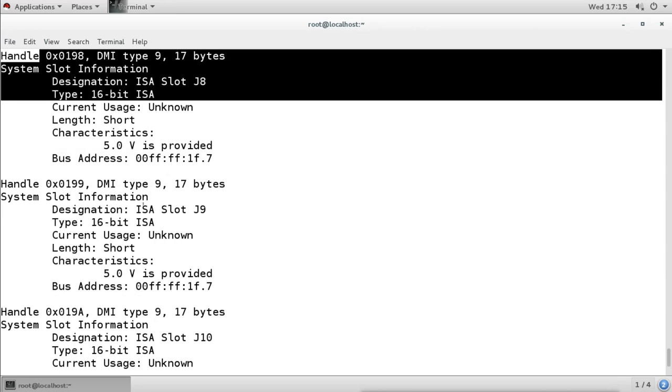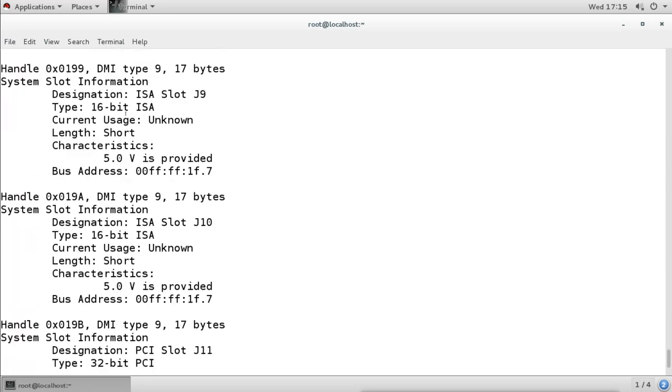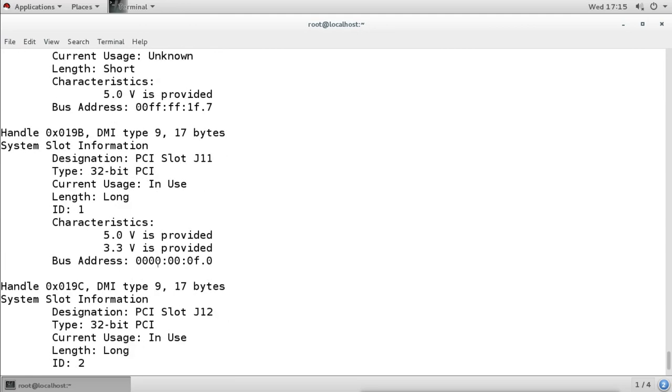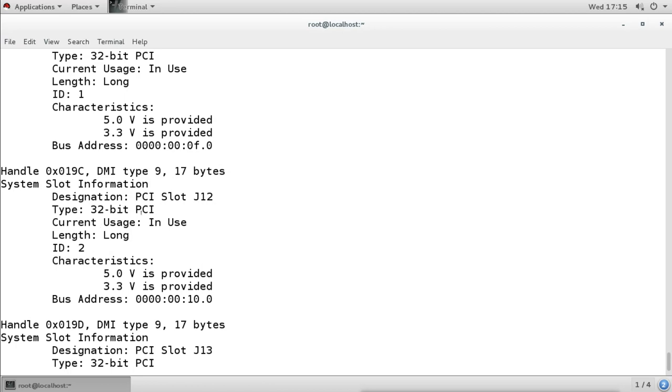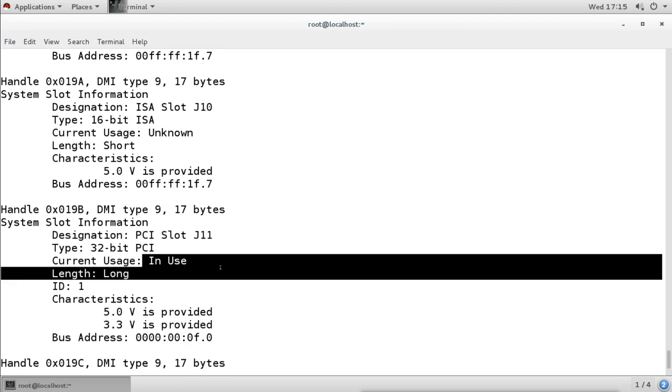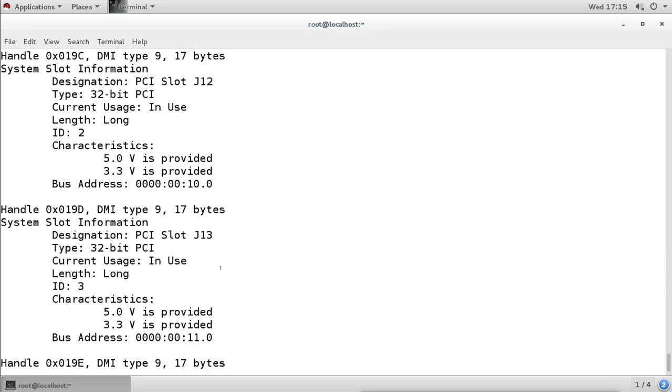Then there is another slot, also not used. This one is in use, this is a PCI slot, and this PCI slot is in use. This PCI slot also is in use. So it shows how many slots we have.